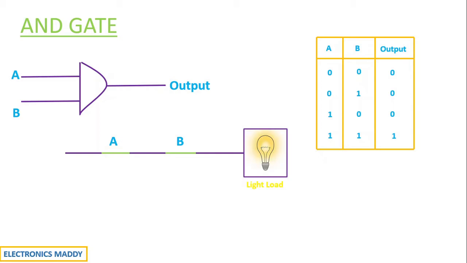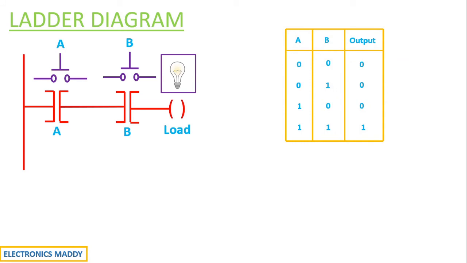But how do we draw the ladder diagram for these type of circuits? It's very simple. Ladder diagram looks like this. Sounds confusing, right? But it's very simple, guys. Over here, if you carefully observe, these type of contacts are called normally open contacts. Only when the push button is pressed, consequently it gets energized and it acts as a short circuit, just like the way we saw the switches.